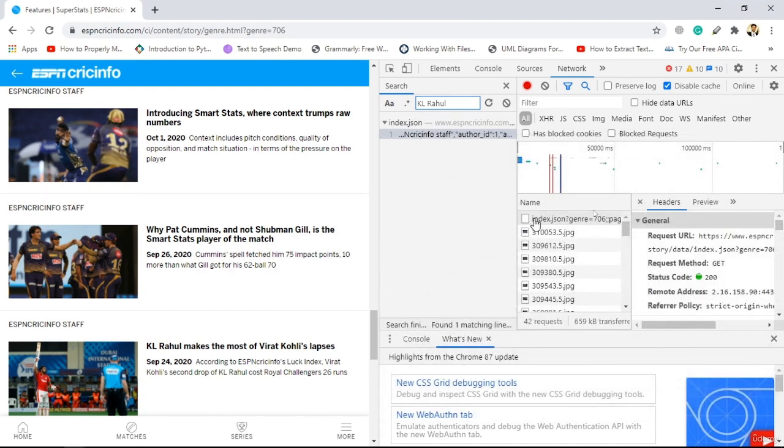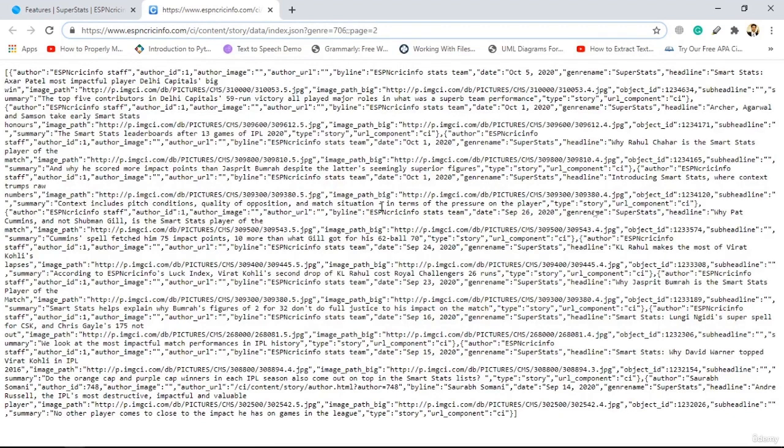If I click here and double click on that request, it will open this for me. Perfect. So this is the exact API which is responsible for fetching the information. Now if I just add one here instead of two,